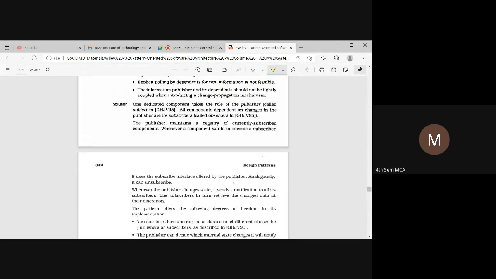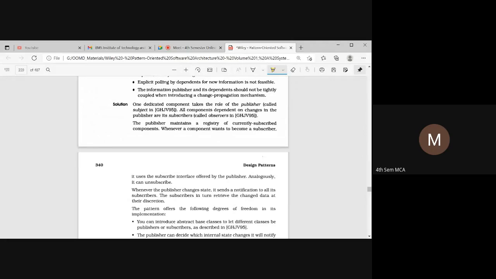So what happens? Say for example, there is one component A. So there are 1 to 6 components named. Okay, so the sixth component wants to become a subscriber of the component A. Now this publisher has a user interface. So it offers an interface.